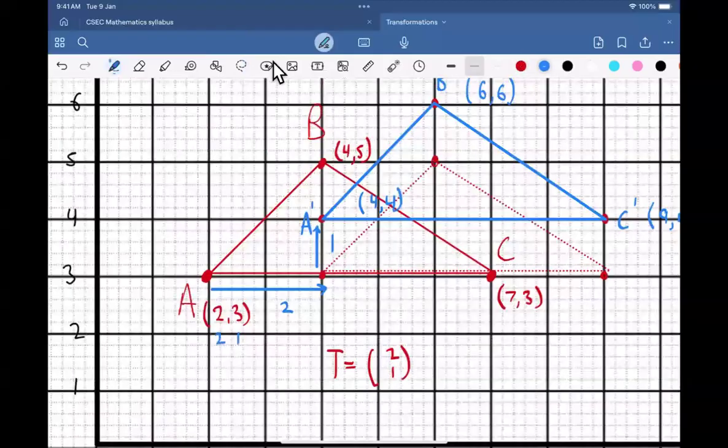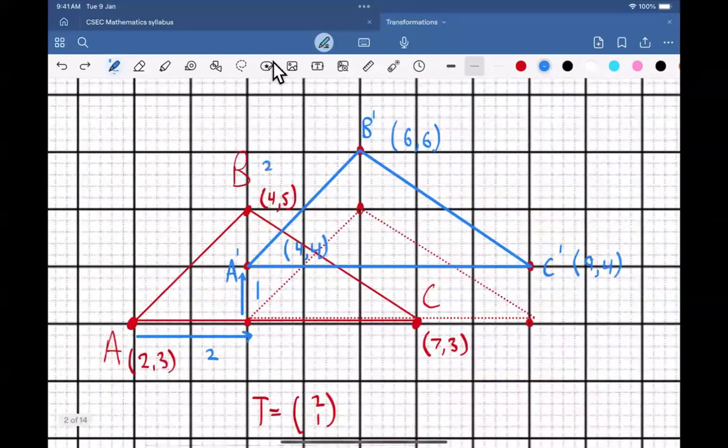So watch, 2, 1. If you add 2 and 2, you'll get what? Fast, 2 and 4. 2, right? And if you add 3 and 1, you'll get 4. Right, so I get the 4, 4. Let me try it with B now. If I add 2 to 4, and then 1 to 5, I'll get